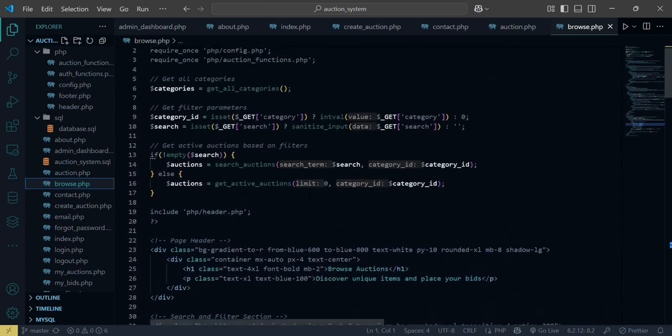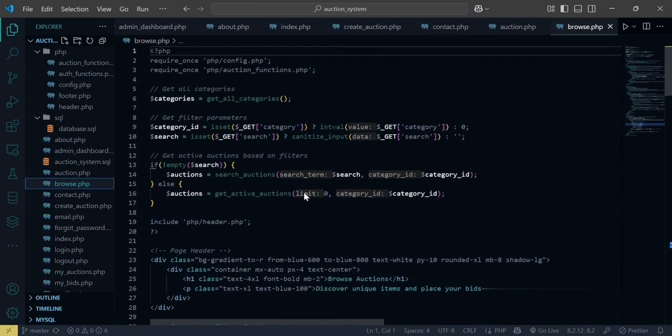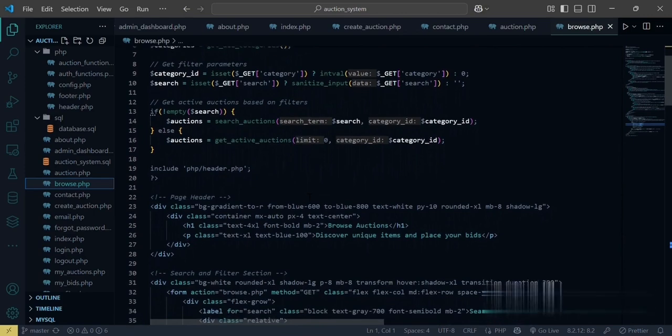He can also click on the particular category. For example, he does not want to search from the whole categories. He needs to click on the particular category, and after clicking on that particular category, he will be redirected to that particular page. From that page, if he wants to place a bid on any particular item, he can place the bid successfully. So this is the page header page